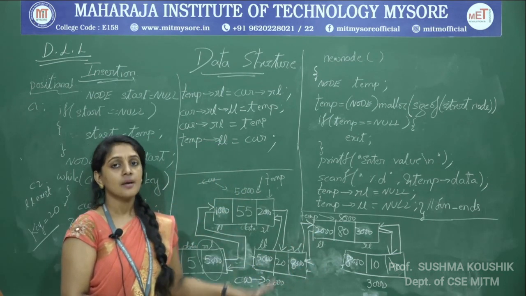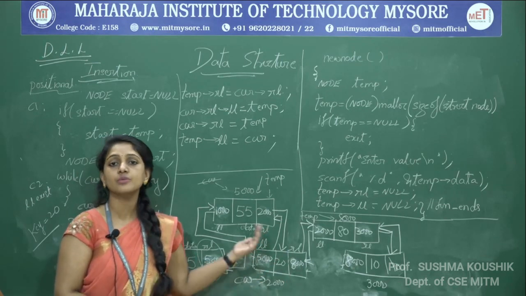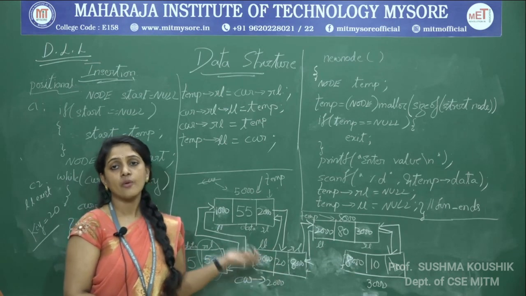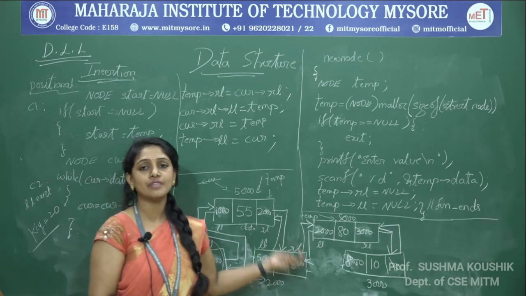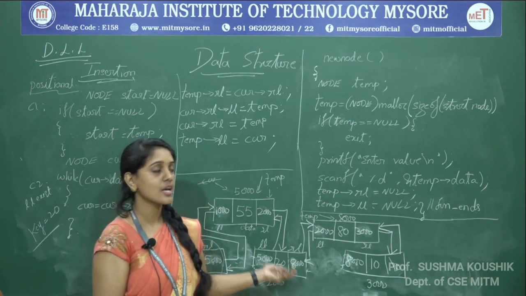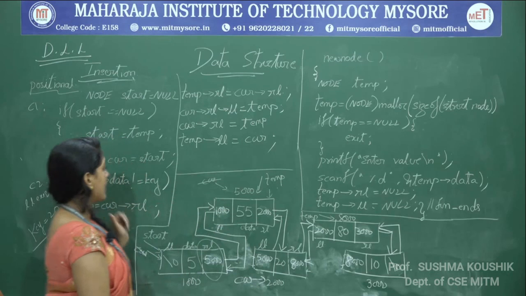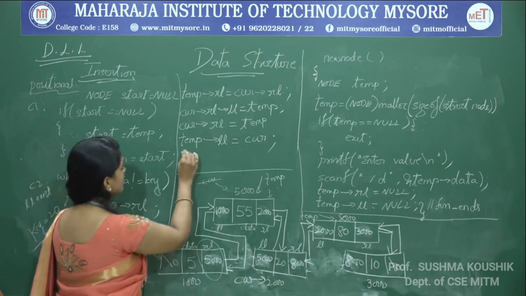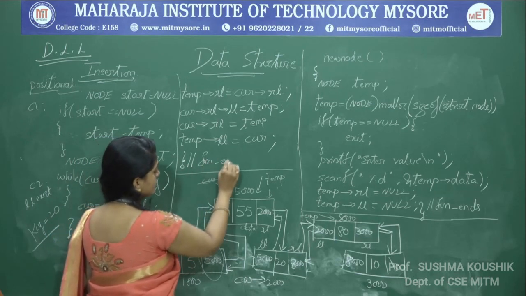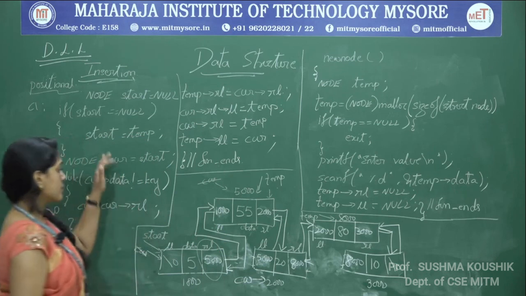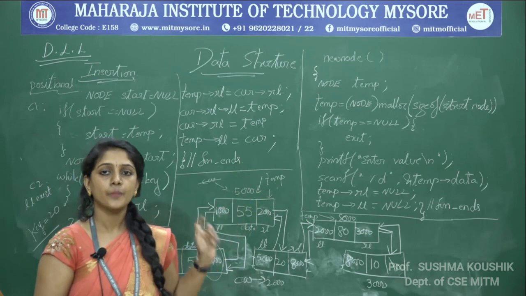See how beautiful it is. Because doubly linked list is capable of traversing on either direction, we don't have one more overhead of taking one more pointer for traversal. If you want, you can take it, but we shall enjoy the beauty of doubly linked list which it is giving us. Okay, we will just enjoy whatever it is facilitating for us. Okay, so now with this I can end the function of insertion over here. This is the function which is trying to insert the doubly linked list node in any given position.